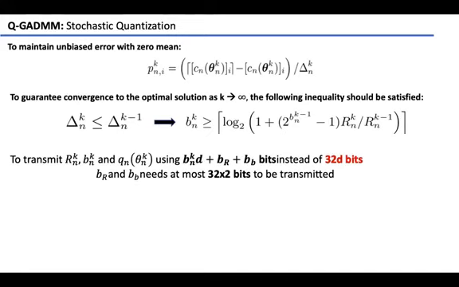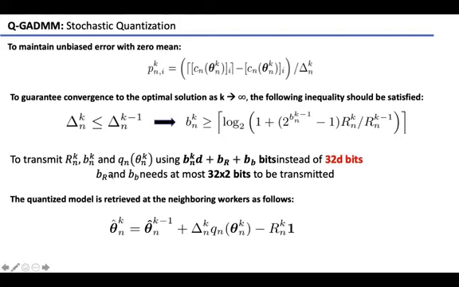After quantizing the model difference, worker N transmits the scalar values R_n^k and b_n^k, and also the quantized vector Q_n^k, which is transmitted using b_n^k times d bits, where d is the vector length, plus b_R bits for the quantization range, and b_b bits for the quantization resolution. And that could be significantly less than the 32 times d bits required in full precision communication as d grows large. At the neighboring workers,